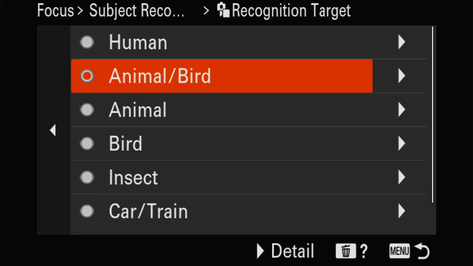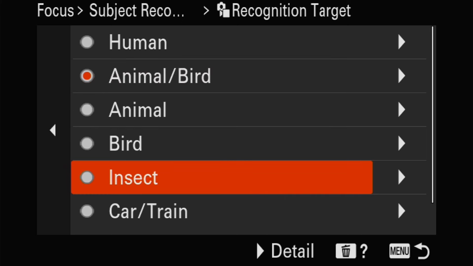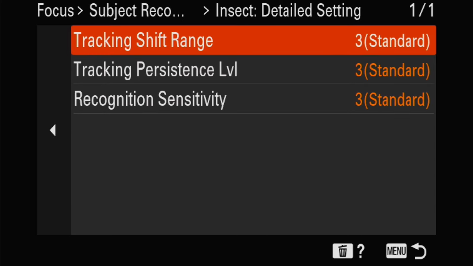Now I arrived at these settings through a good deal of experimentation. And as I said, I found that leaving it on animal bird actually gives you quicker focus and more reliable focus than putting it on either animal or bird. Now I do change my detail settings for insects,